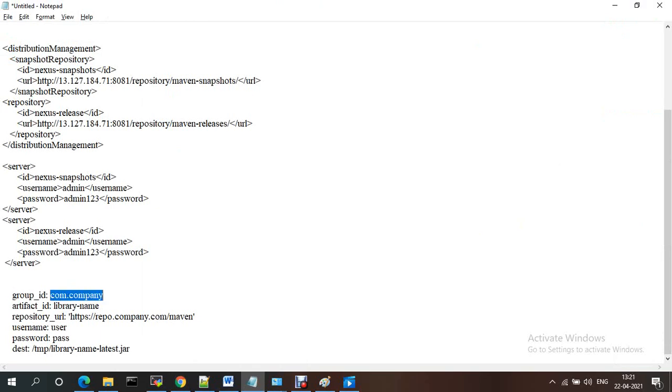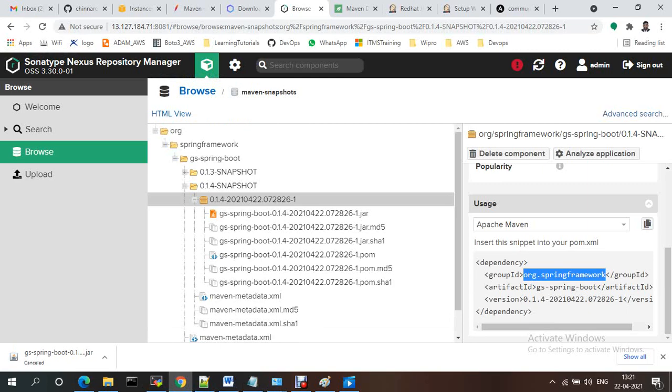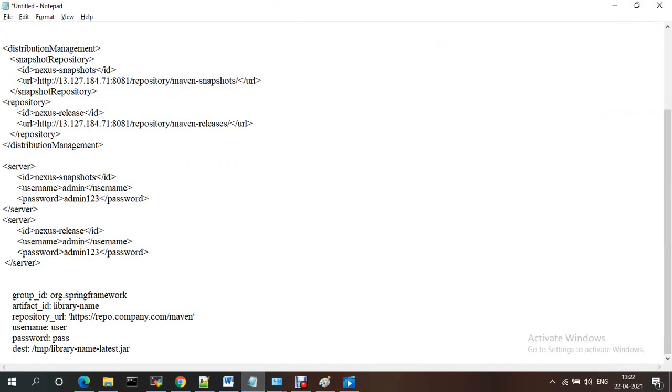This is my group ID, and this is my artifact ID, and this is a repository URL. I'm giving a Maven release or Nexus one, anything is fine.